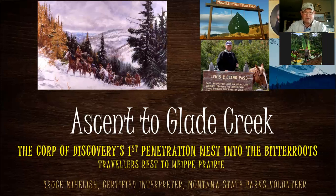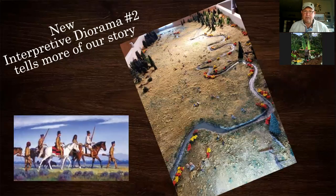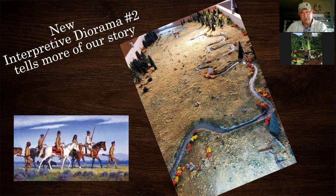So I'm going to try to paint a picture for you of what you're looking at when you take a look at this Ascent to Glade Creek diorama, number 2, that sits in the Museum of the Visitor Center now. You can see this long string of pack animals, and they are actually crossing what today we call Packer Meadows. It's September 13th, 1805. The weather's fair to partly cloudy. Some of the men in the journals called it pleasant. And you can see they're traveling around